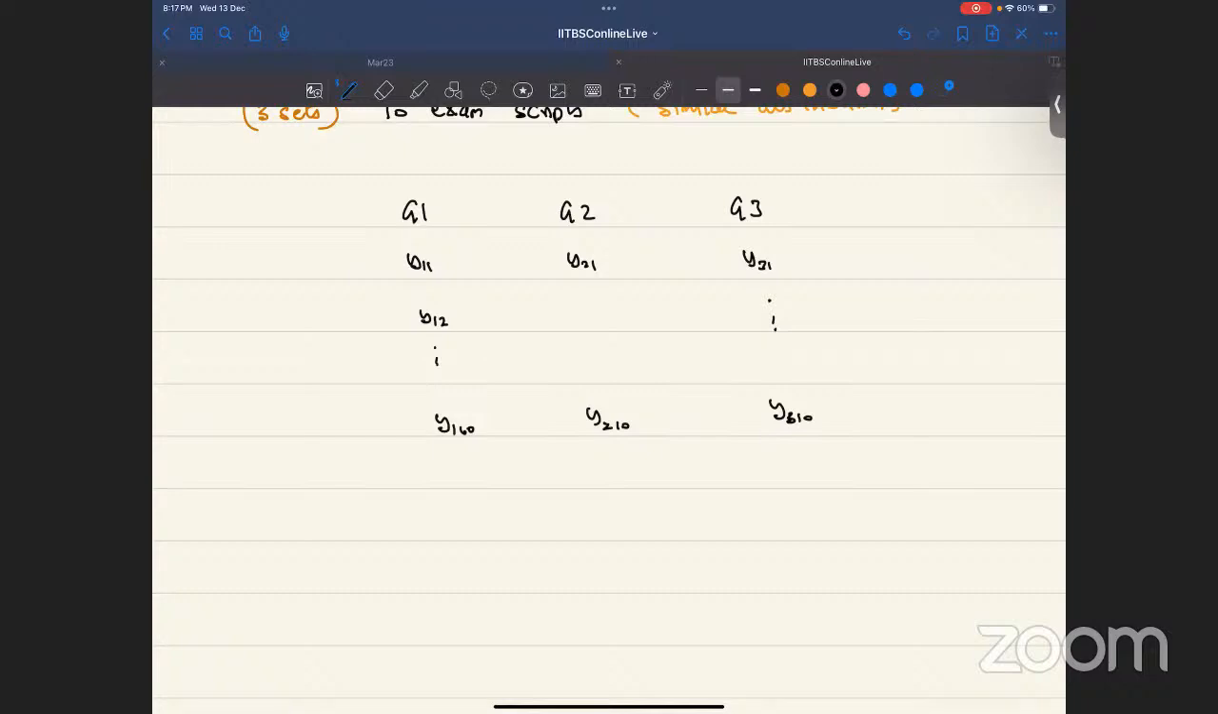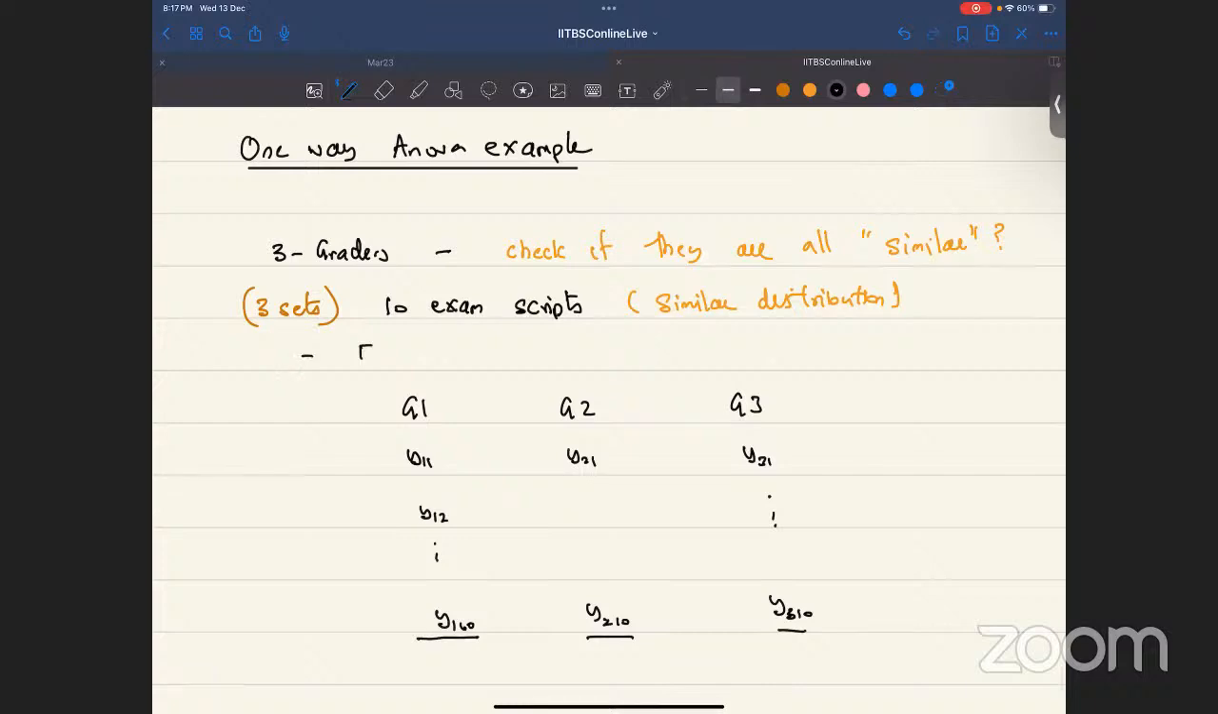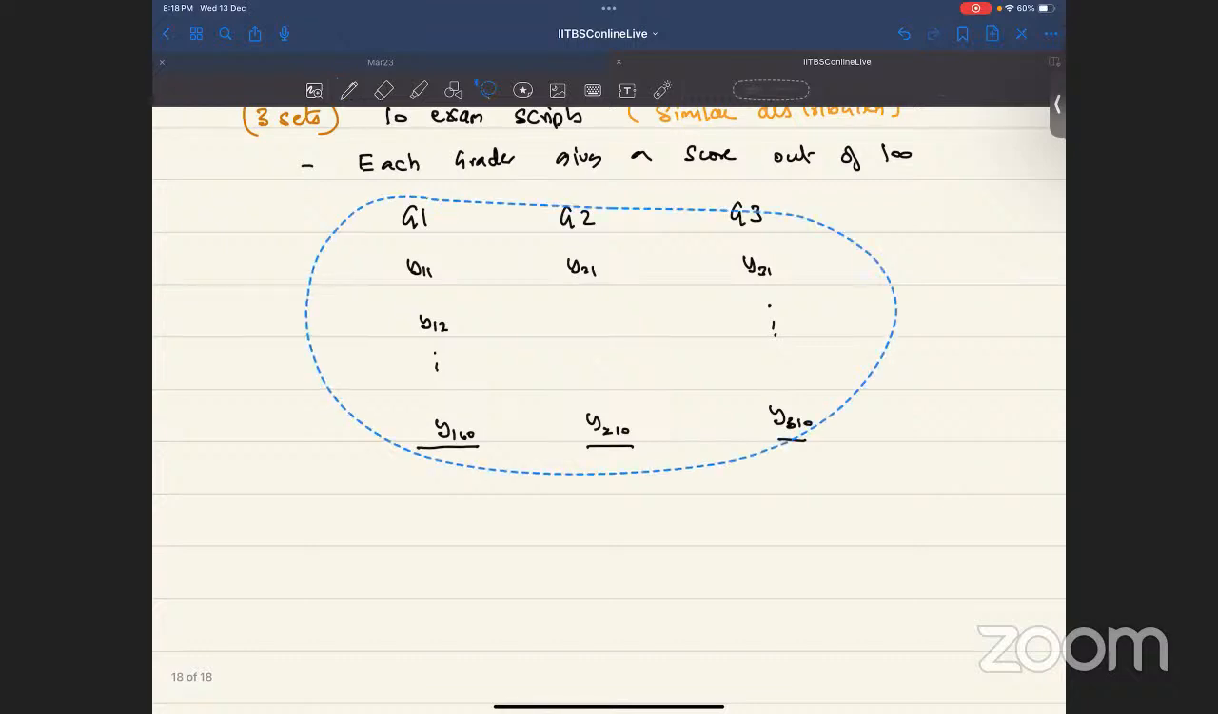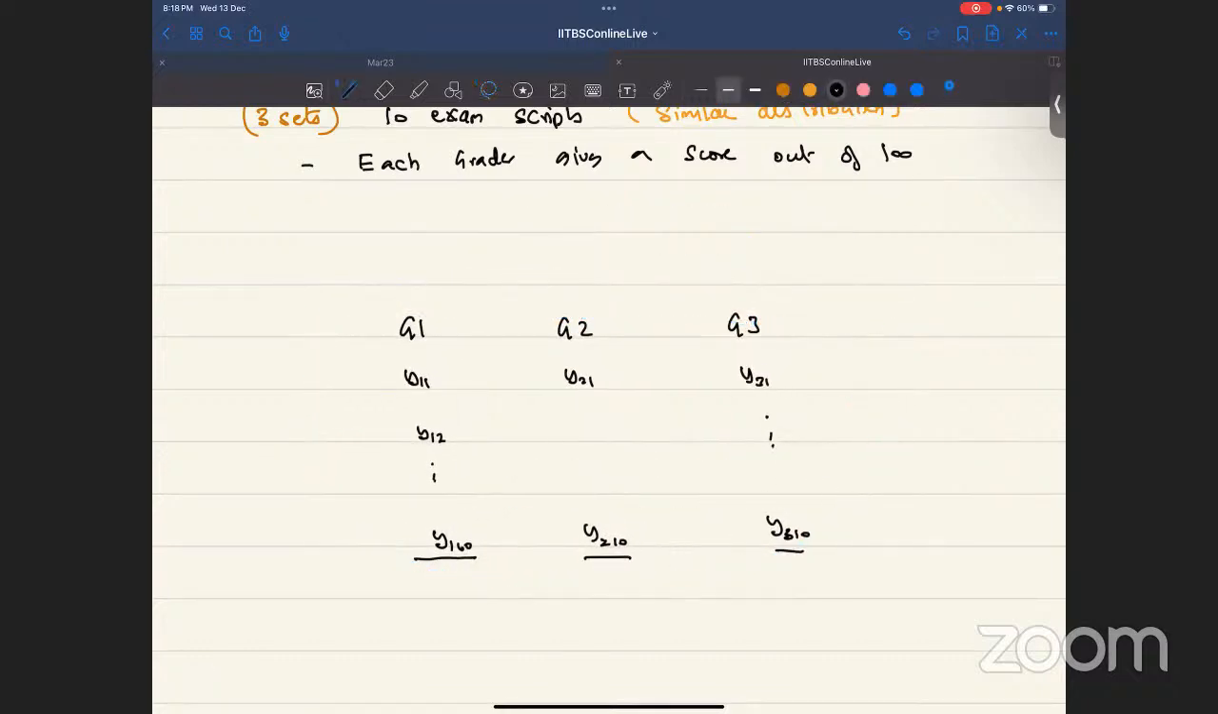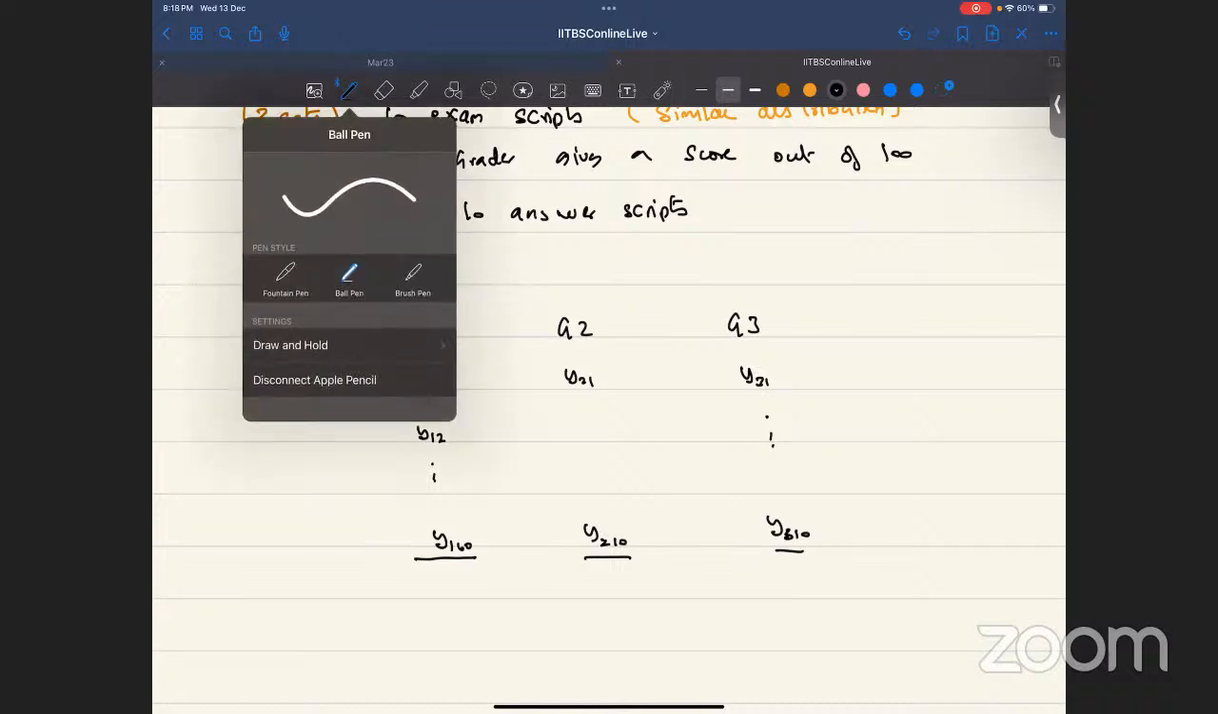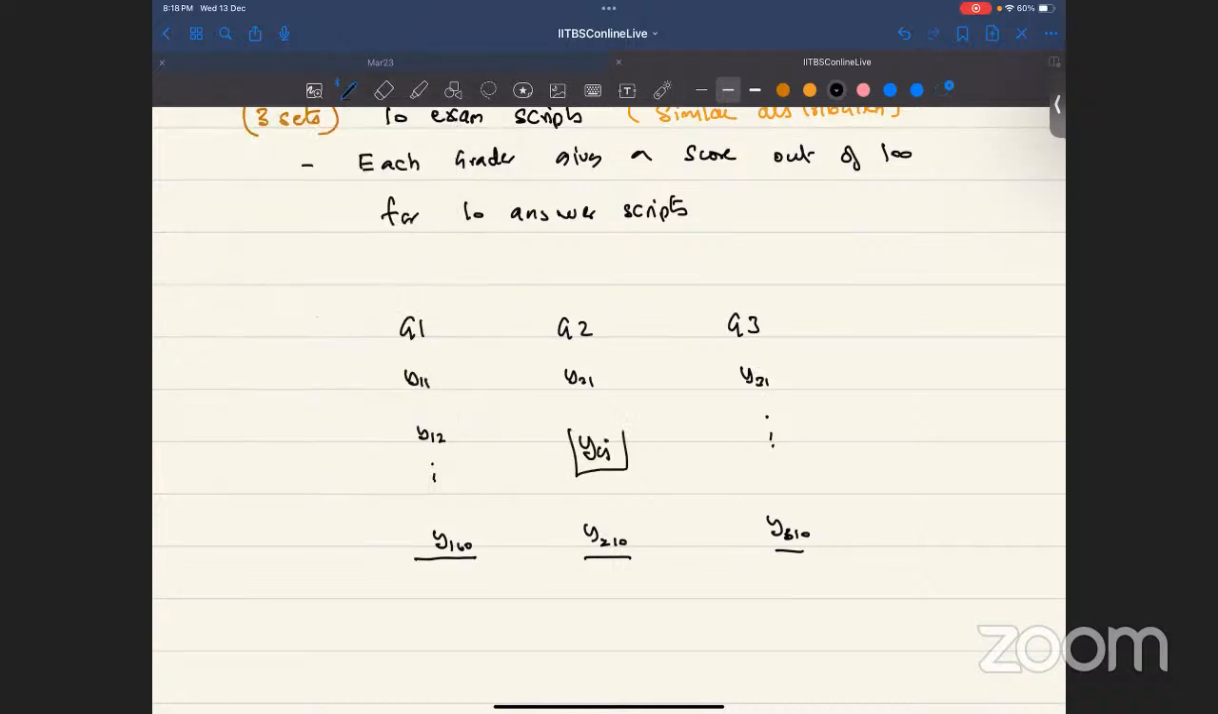So I have 10 scores from each grader. I ask each grader to grade out of 100, giving a score out of 100 for 10 answer scripts. And then instead of writing it like this, I have a Yij for everybody. So now from this Yij, can I tell if